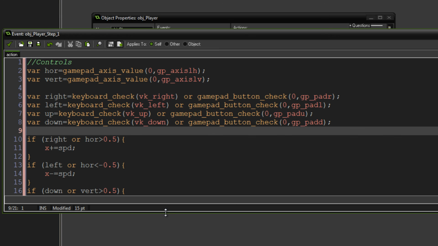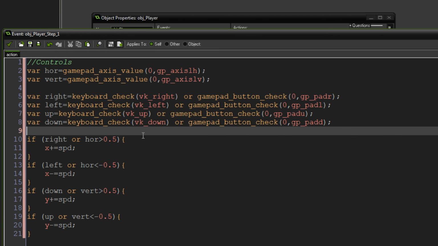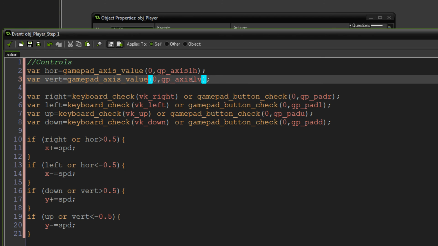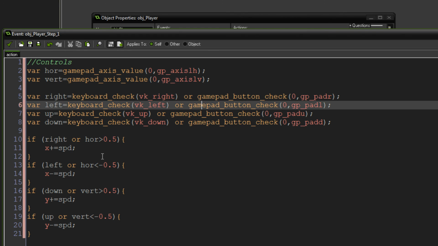I'll just bring up this code for you so that you can see it fully. This is pretty much it. So we've got the gamepad access value up here. So we've got horizontal, vertical, right, left, up, and down. And then we've got the gamepad in that as well. And that's all checked for